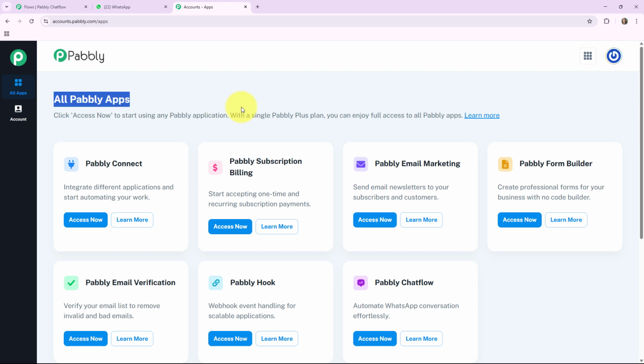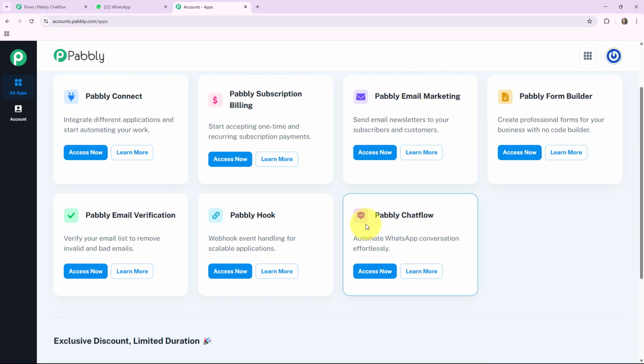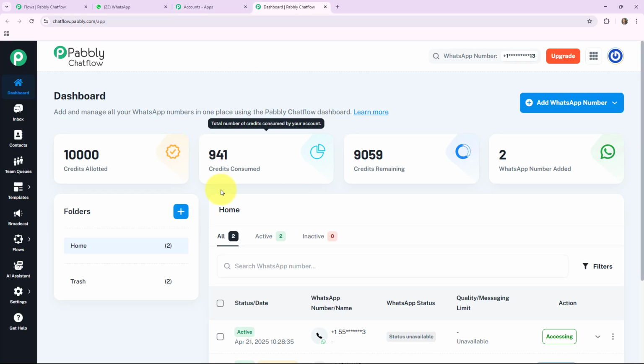Here you can see all the apps that Pabbly provides to its users. As we are creating a WhatsApp chatbot, we will go to the Pabbly Chatflow box by clicking the Access Now button. Here you have landed on the dashboard of Pabbly Chatflow, where you can see your credits allotted, your credits